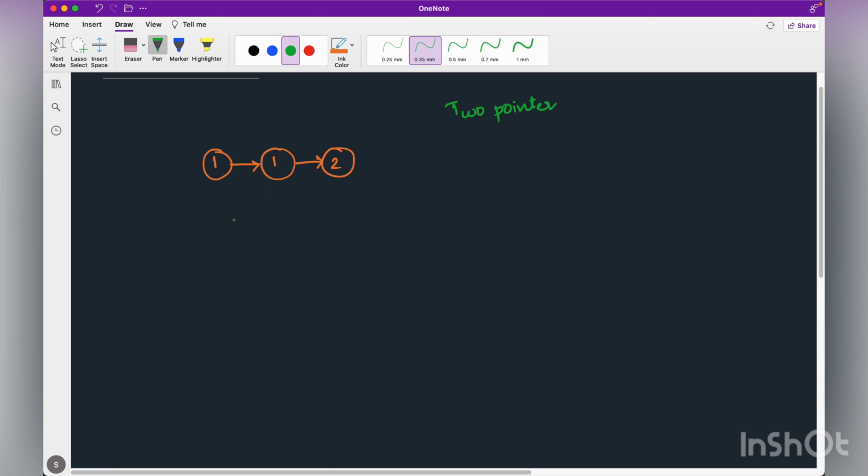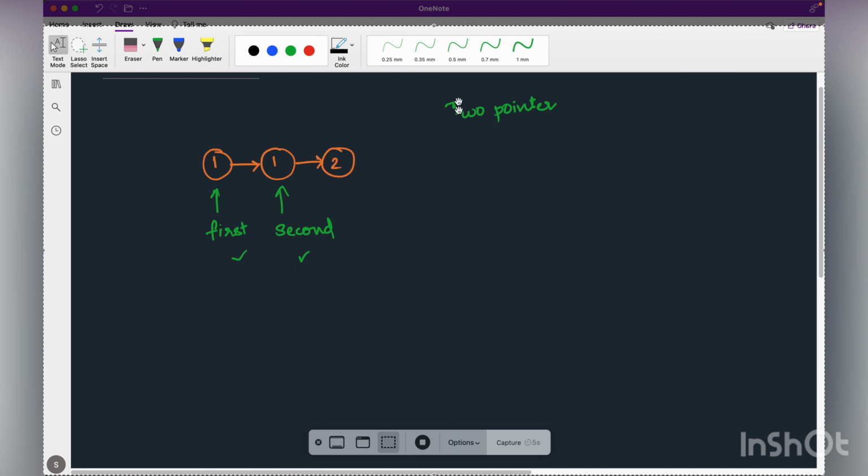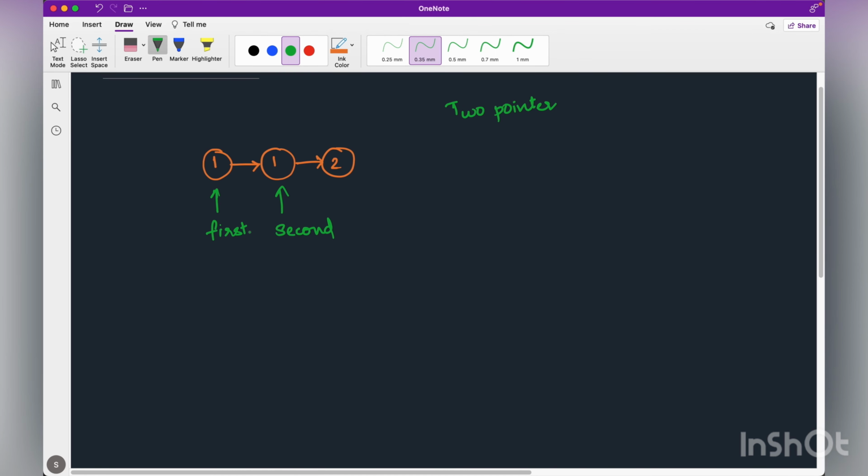In this kind of problem we'll be using two pointers, let's say first and second pointers, and we are trying to modify the linked list with these two pointers according to our problem requirements. So that's the approach that we are going to follow for this problem, and let me explain to you how. We'll be having two pointers, let's just say first and second,